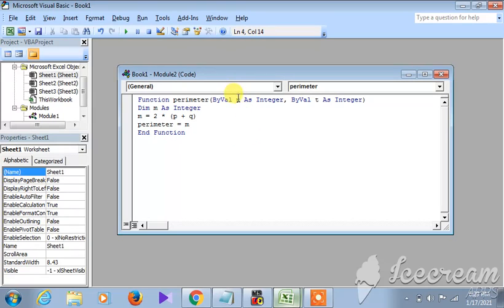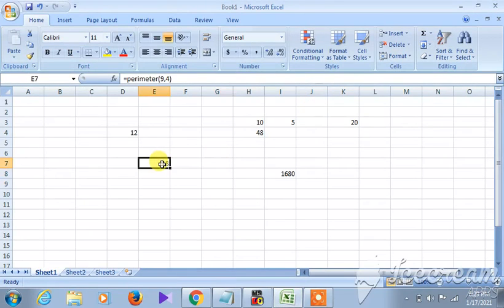We have taken p as integer and t as integer here, but while writing we are writing p plus q. That is the mistake. So when we are entering the second value, it is getting 0 for it. So only the first value has been multiplied and the result has been shown here. That is why, when we entered the formula here with 9, 2 into 9, 18 only has been displayed, and instead of 4 the 0 has been passed through it, since in the formula another variable has been used,